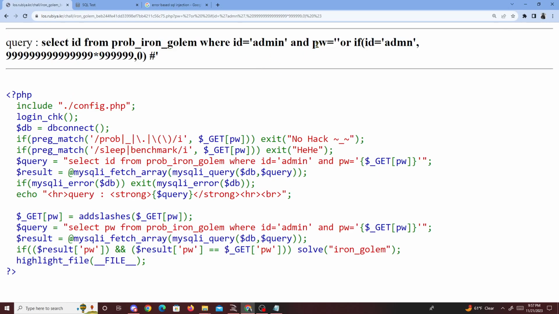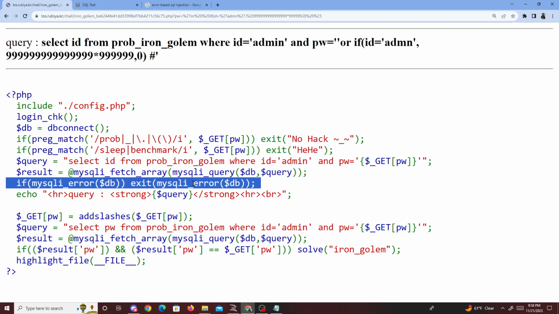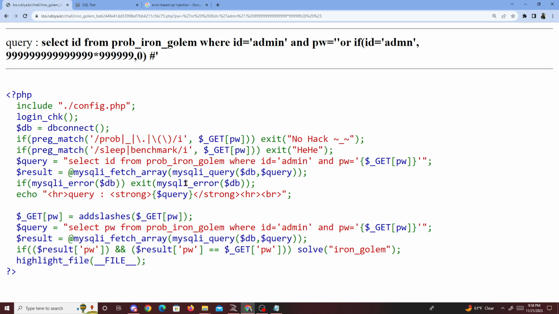I'll try explaining what this is doing so far. Select ID from, probably, Iron Golem, where ID is equal to admin and PW. We know this is going to be false, so this is not going to run. This only runs if it's true, and it's going to print out any SQL query error, from my understanding. So what we're going to do is, after this or statement, if the ID is equal to admin, it's going to do this